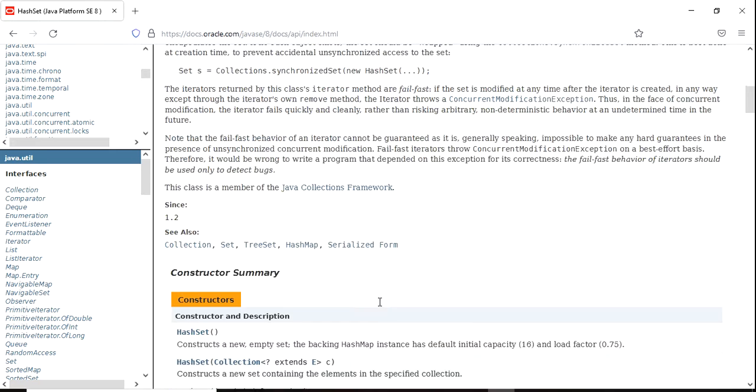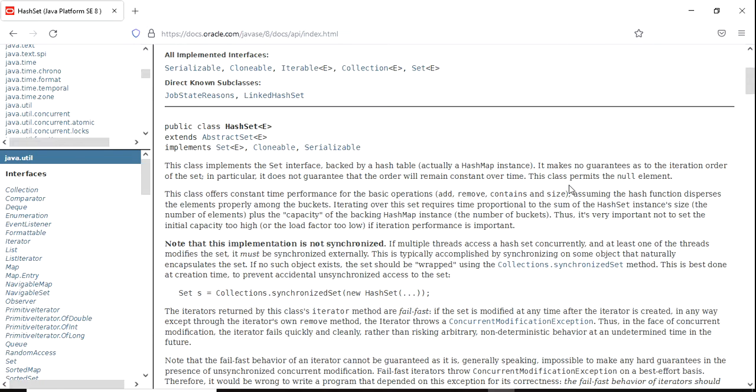One more important note: there is no guarantee. HashSet does not guarantee the order of its elements, because the process of hashing does not usually lend itself to creating a sorted set. If you need to store values in a guaranteed order, another collection such as TreeSet is a better choice.